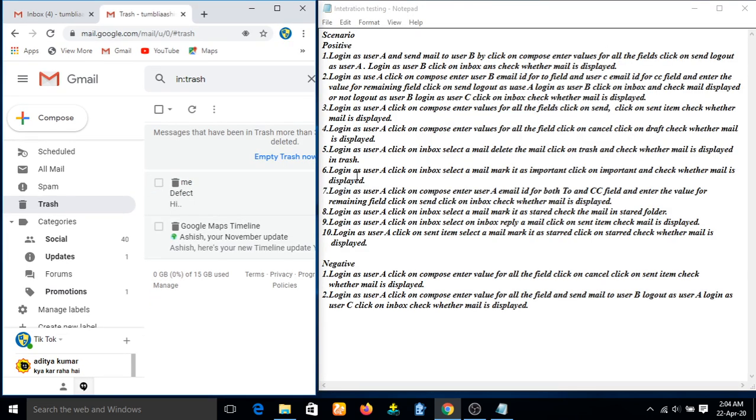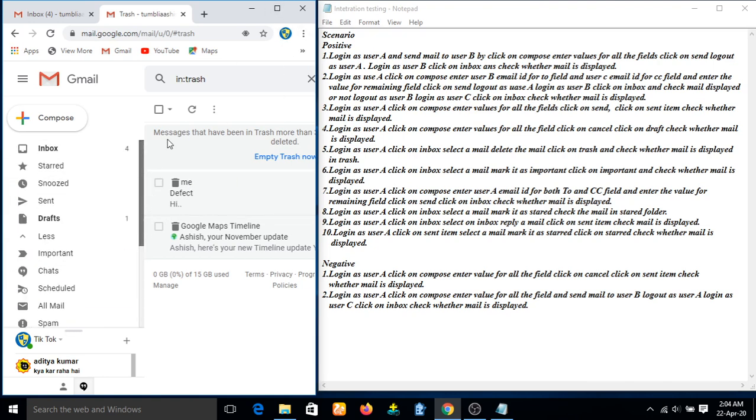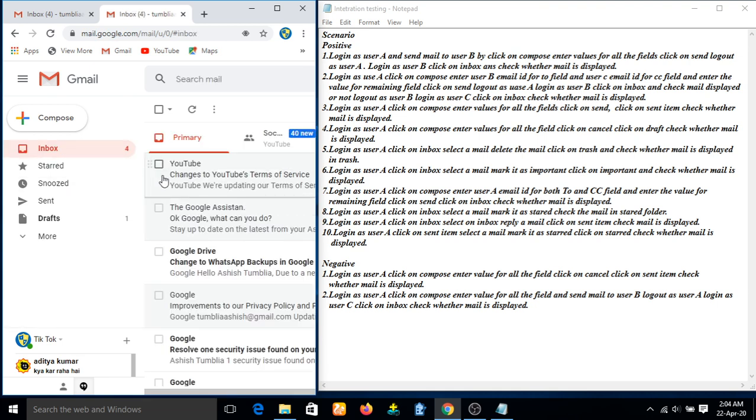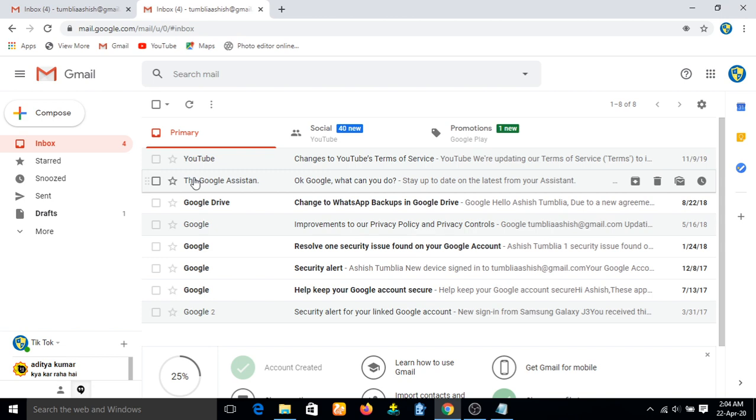Here, login as user A. So I am already logged in, and click on inbox, select a mail, mark as important. Click on important and check whether mail is displayed. Okay. Now I have to check whether, here, this one. Okay.